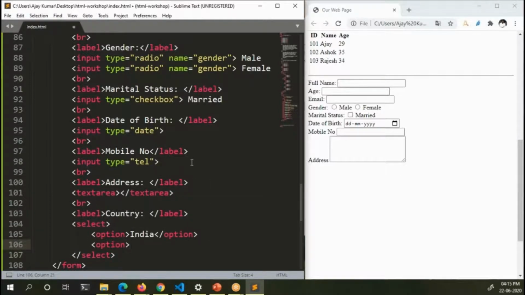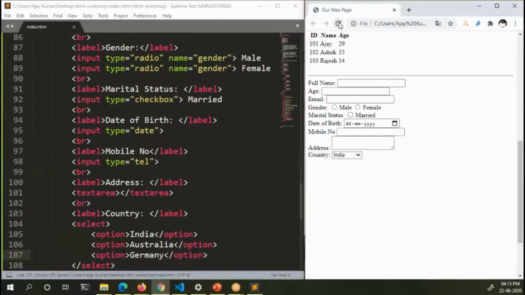So here are some of the options. When you hit reload, you can see the select has created a drop-down list.